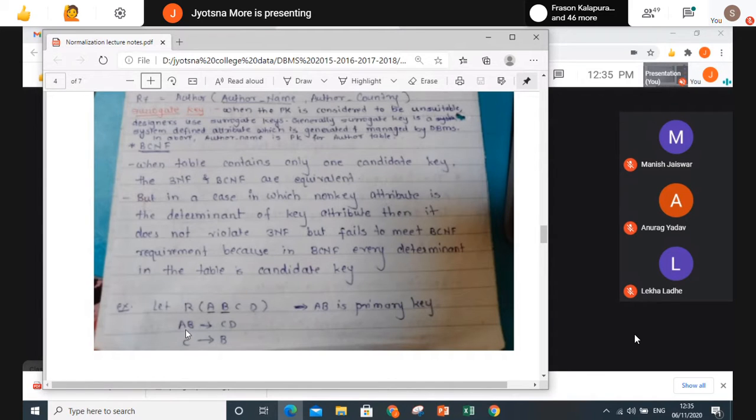This is my key attribute which is fully determining some non-key attribute. That is okay. So no partial functional dependency. Is there any transitivity? A determine C or C determine non-key? No. Right? So no repeating groups are there. So this is in 1NF, 2NF and 3NF. Now I have to check for BCNF. Here non-key is determining part of key attribute. So this is not in BCNF. So I have to convert this into the BCNF.